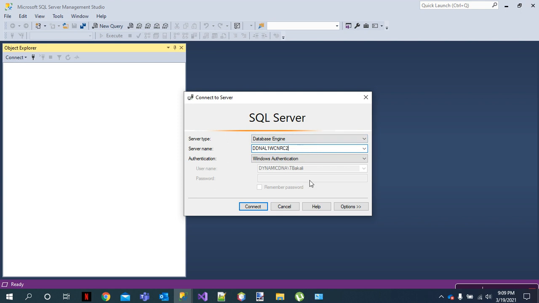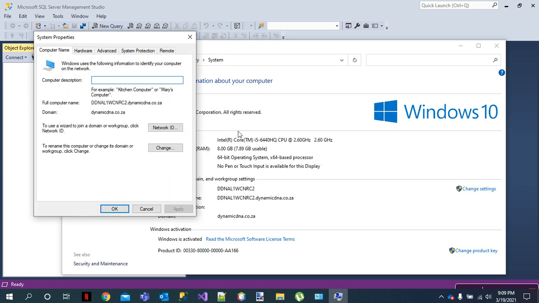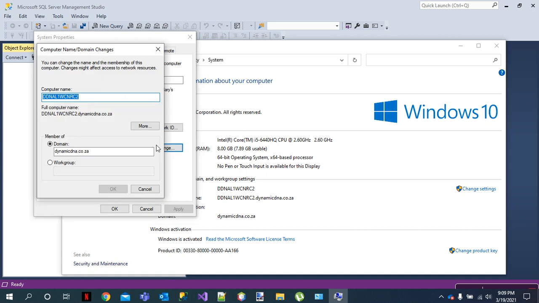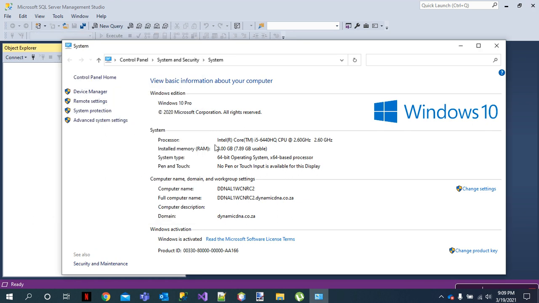So here is the name, it's already pasted. Remember where I got it from? I got it from here by coming here to Change Settings, and I say Change here and I copied this name of the machine here. Whatever name will be displayed here, you need to type it out as it is. If you can't copy it because of restriction, you can take a screenshot and just type it out letter by letter, number by number.